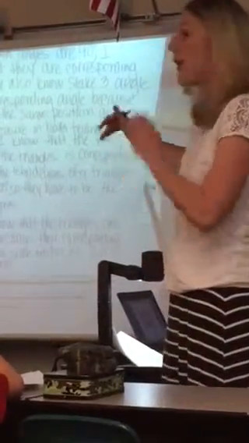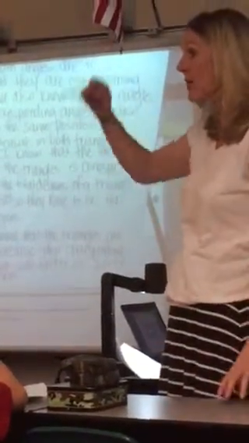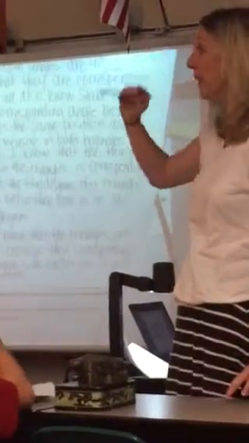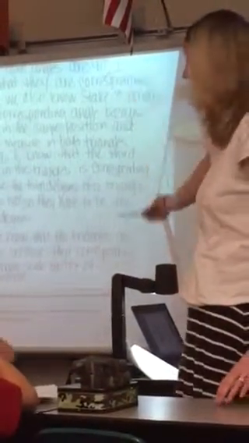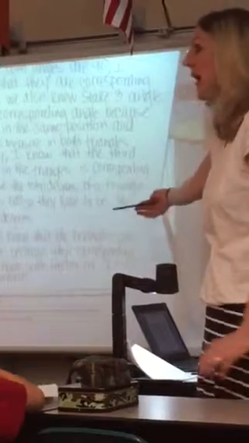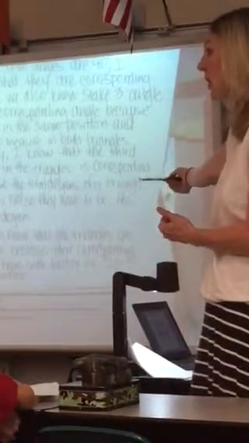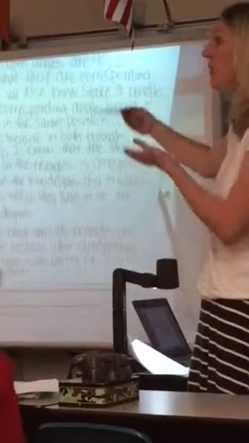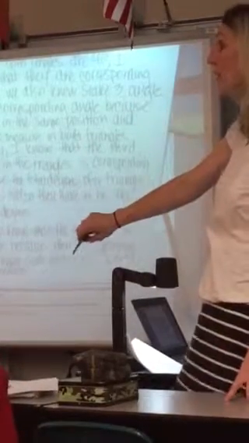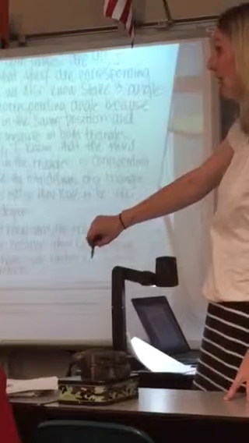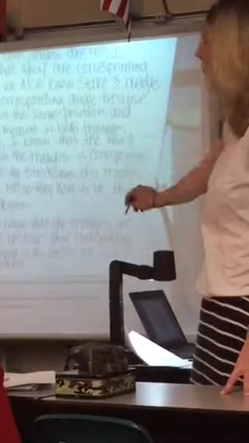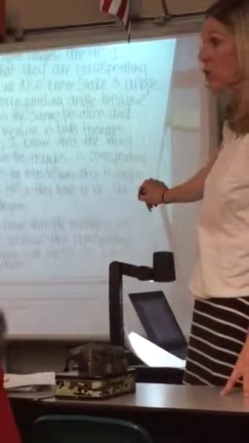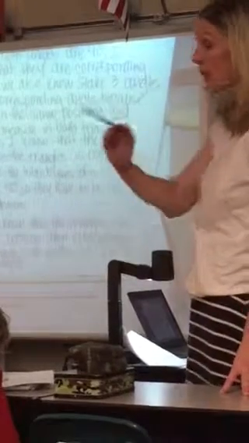Now your job is to add how you found the missing height and how you found the missing width to the bottom of this. This is the first step. I had to prove they were similar first. Now I can say how I found the height using the fact that they're similar triangles and how I found the width of the river based on that height. That's what you and your partner are going to add to the bottom to finish off your short constructed response. Alaya. You want us to